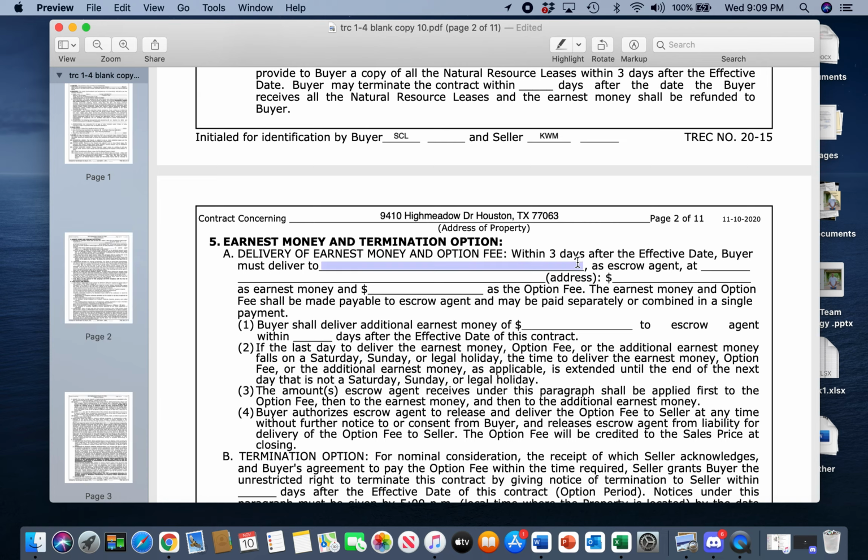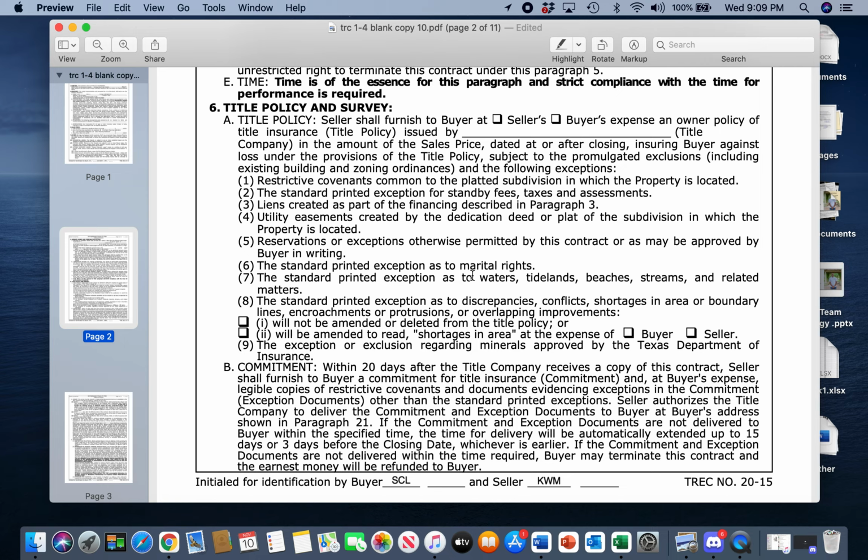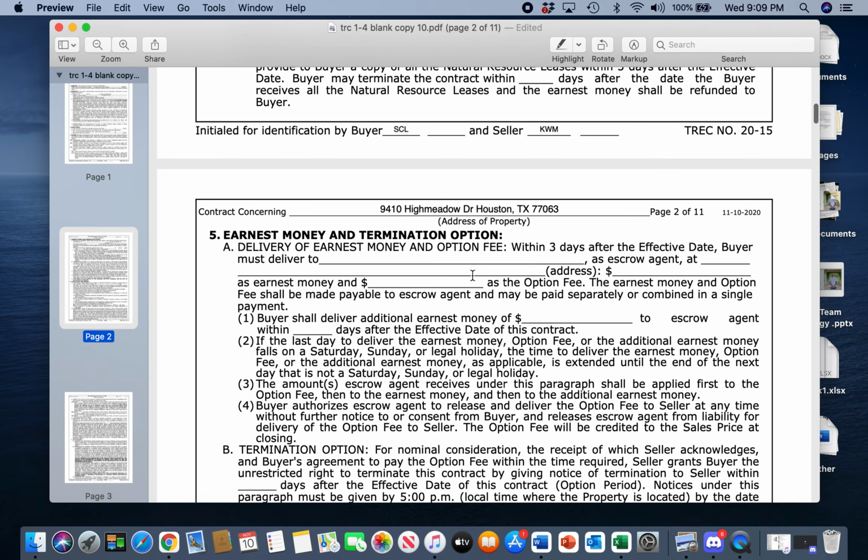When I have this contract in front of sellers, I don't even let them see this. I show them the offer price, and then I just keep going. And then I get down here and I'm talking about title policy. Because I tell them about title, but I don't like showing them because it's going to have the actual address of the title company, the escrow agent, the address of the title company, and then